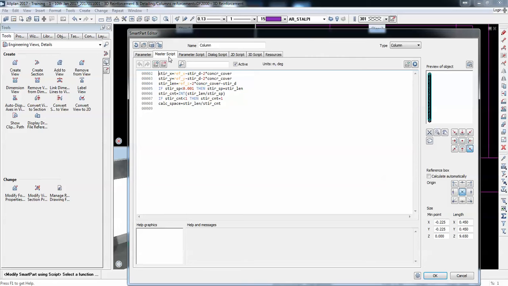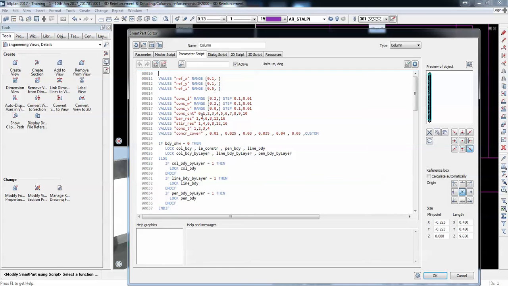We have to reference with the stirrup diameter minus 2 concrete covers on x and on y. Then the stirrup length or placement length is determined by the maximum z of the column minus 2 concrete covers. And if they are all less than 1 millimeter, do you think they do some sort of rounding?